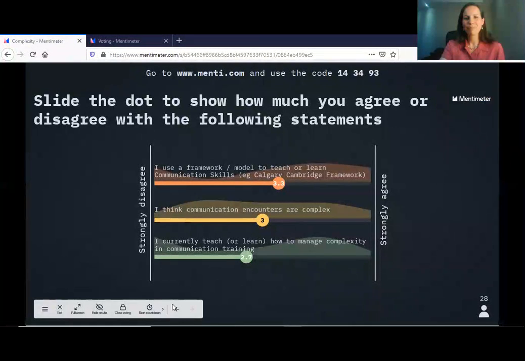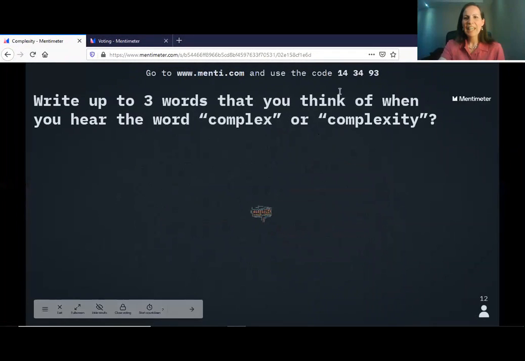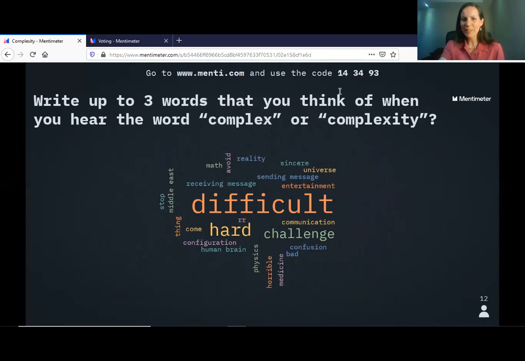Let me just, 1 minute, do this. So first of all, if we take a look, you should be able to see my screen.